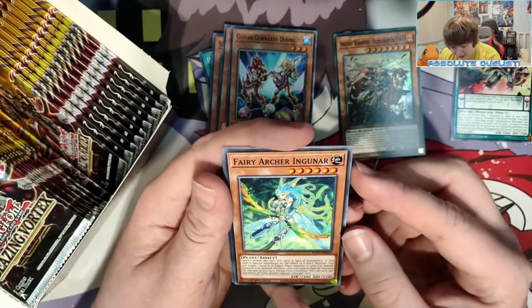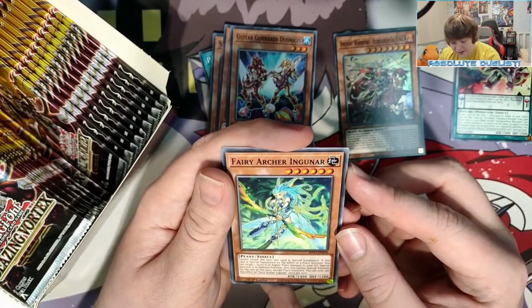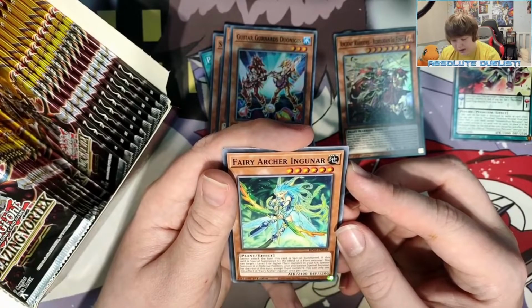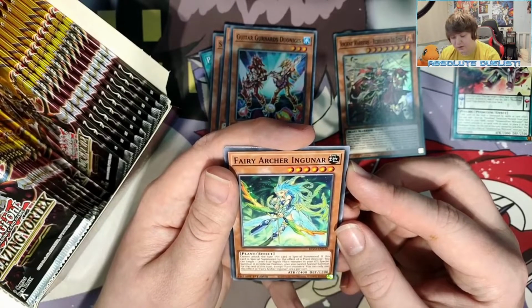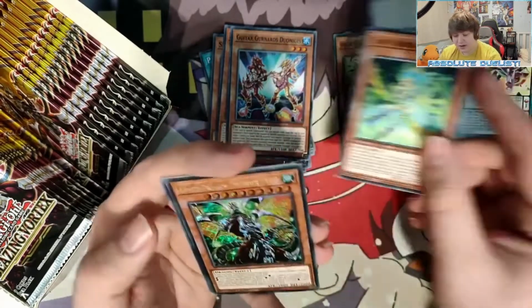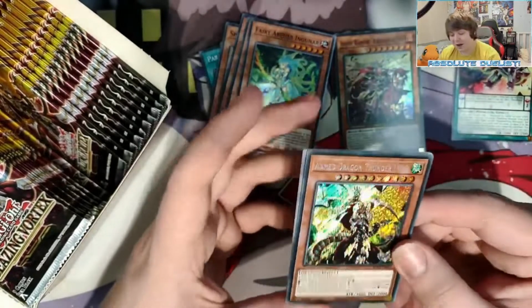What's this do? Cannot attack the turn this card is special summoned. If this card is special summoned by the effect of a Plant monster, you can target one level 6 or higher Plant monster in your graveyard, special summon it in defense position. So you cannot special summon for the rest of this turn, except Plant monsters. Interesting. Oh, come on. Well, our first secret rare is Armed Dragon